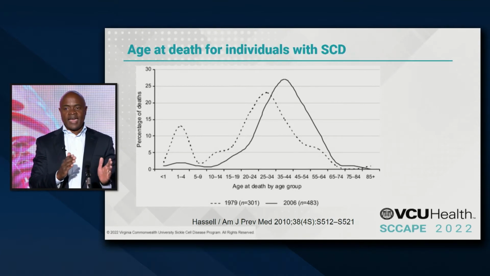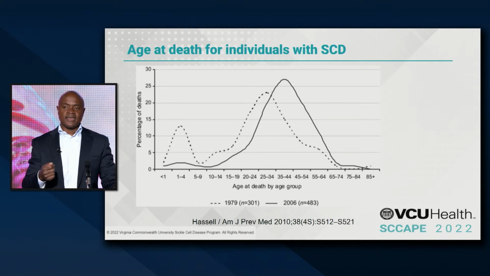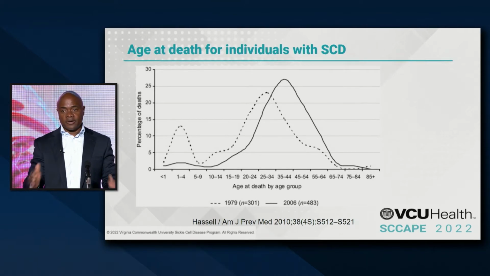And there are many factors that explain that. A lot of it has to do with a lot of the new disease-modifying medications we have, and just a better understanding of sickle cell disease and better funding when it comes to sickle cell care nationwide. But still,